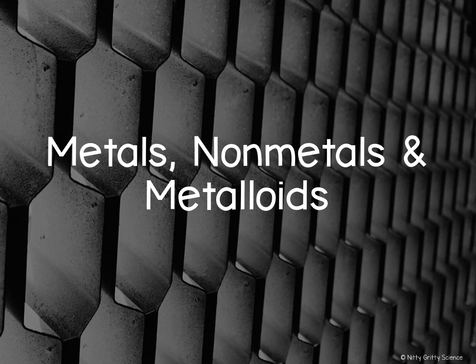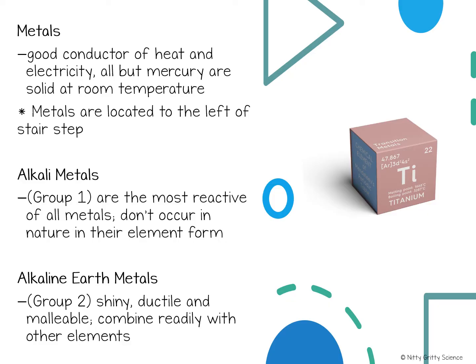Metals, nonmetals, and metalloids. Remember that all metals are located to the left of the stairstep on the periodic table of elements, and the atoms have identical arrangements of electrons with similar properties. Metals' properties are good conductors of heat and electricity. They're malleable, which means they can be hammered or rolled into sheets, and all but mercury are solid at room